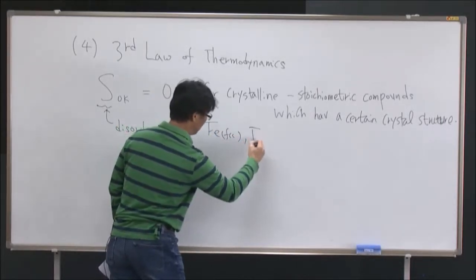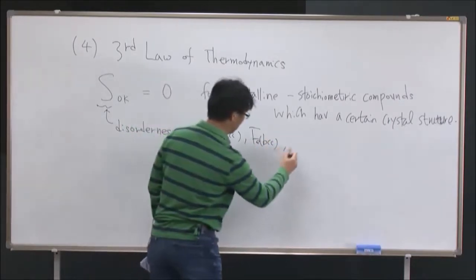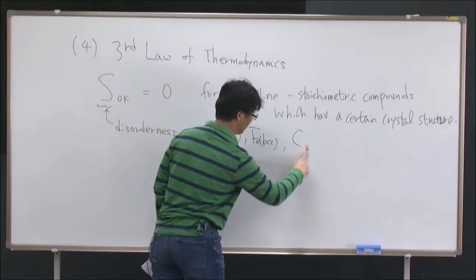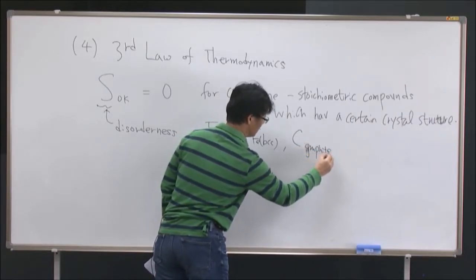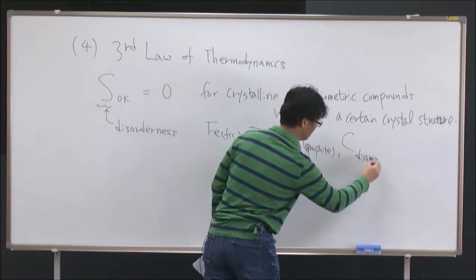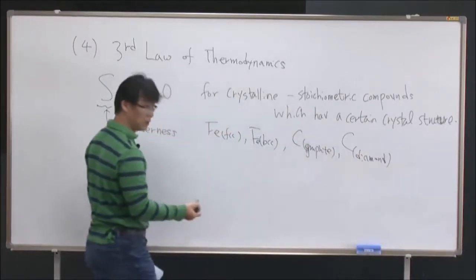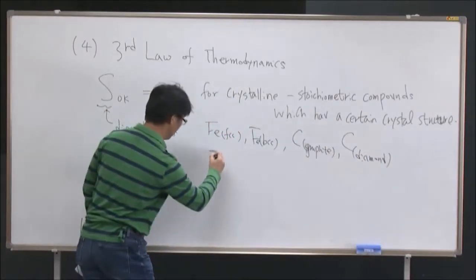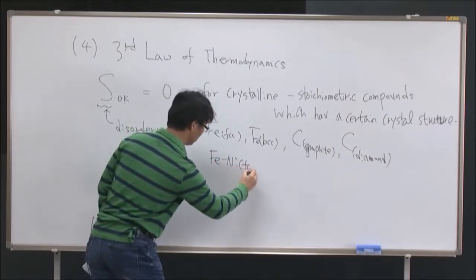So for example, if I have pure iron, FCC pure iron, BCC, okay, and carbon, solid, graphite, for example, carbon, diamond, it's all possible. All of these have entropy 0. But now, for example, iron-nickel FCC solution,